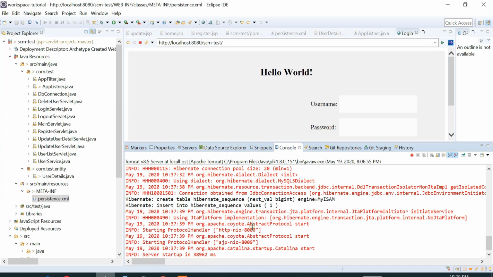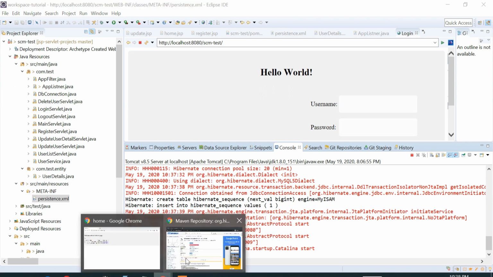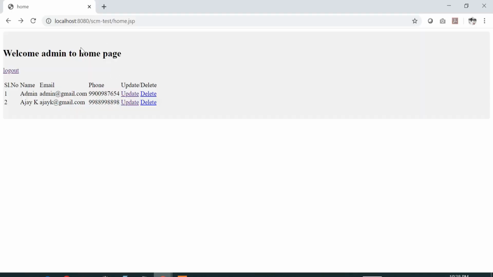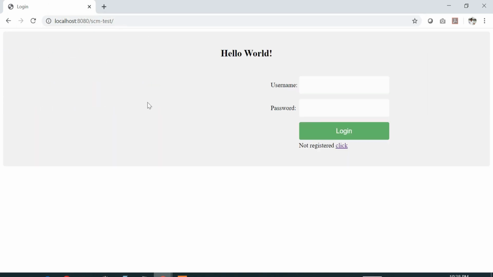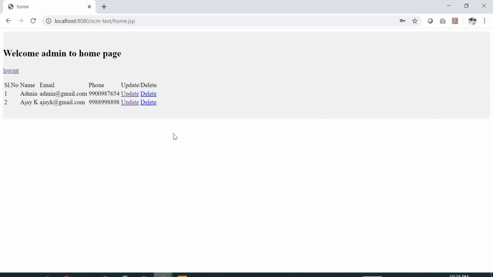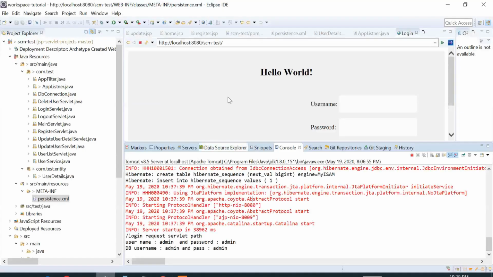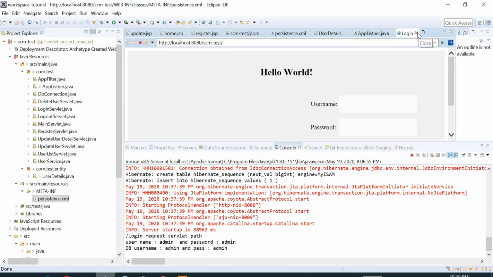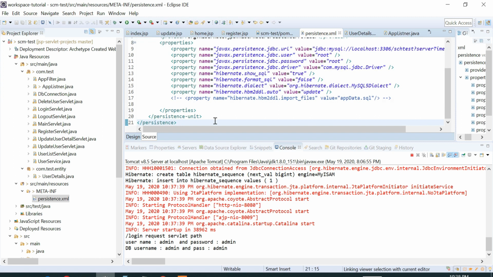So our persistence framework is also loading with the context. So let's just test our login. Admin, it's working fine. Now we'll remove the JDBC and integrate our persistence in the main